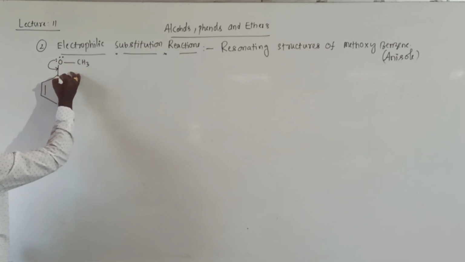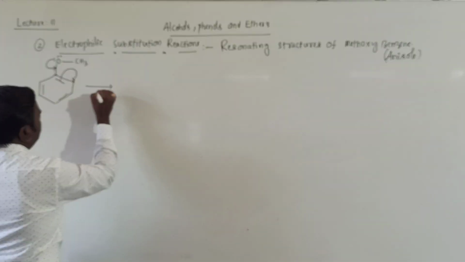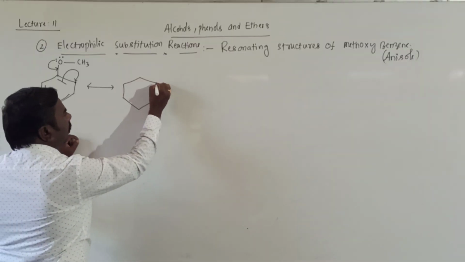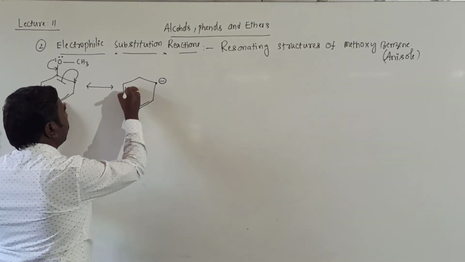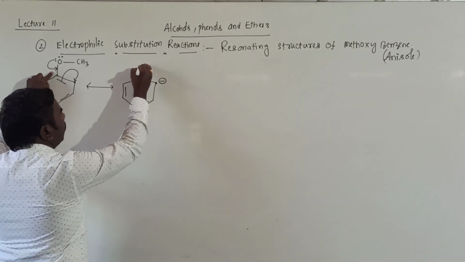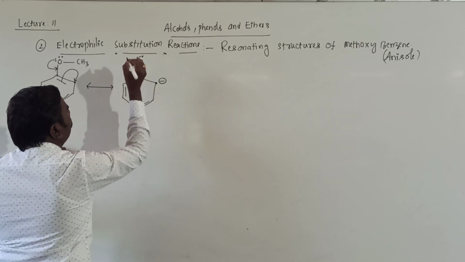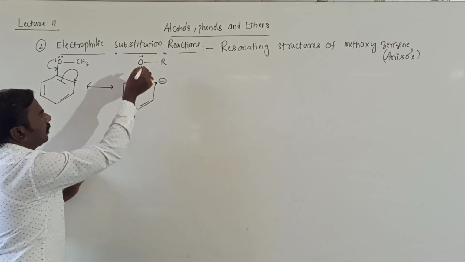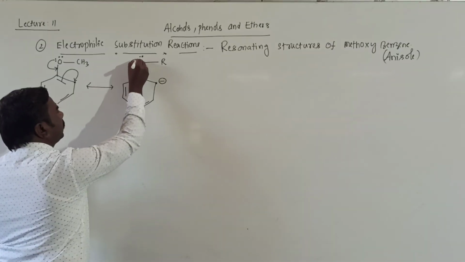So this lone pair is shifted between carbon and oxygen. This lone pair is shifted to the ortho carbon atom, which gives rise to a negative charge, because the ortho carbon atom gains electrons. There is a double bond already, and this single bond is converted into a double bond. Two lone pairs are converted into one lone pair, and R is as it is. Oxygen is losing electrons to the carbon atom, that's why it is positive.